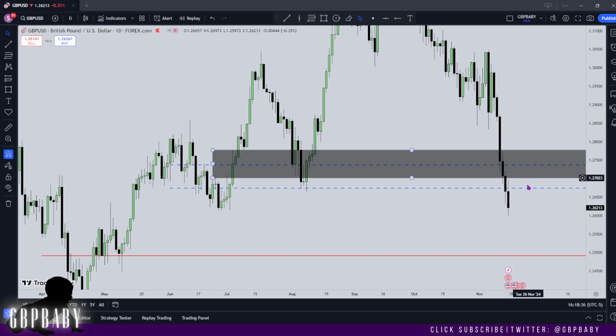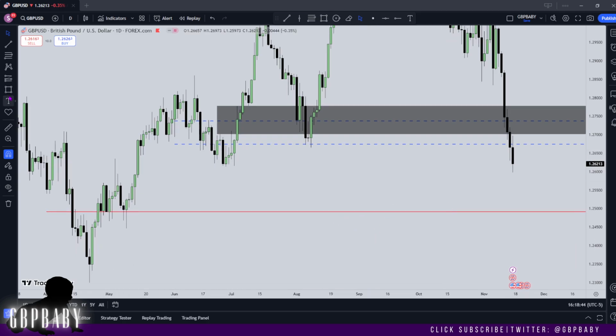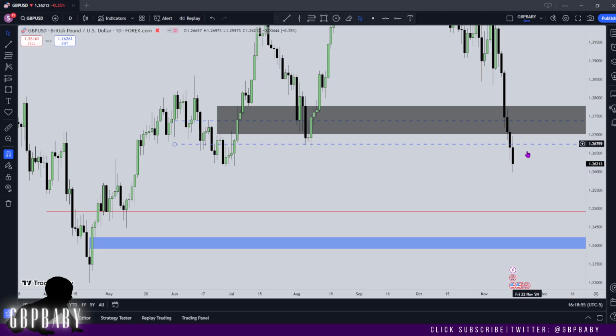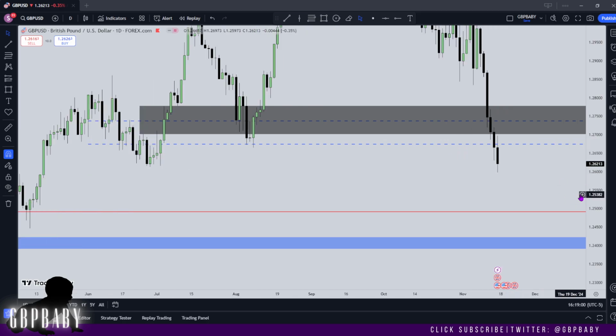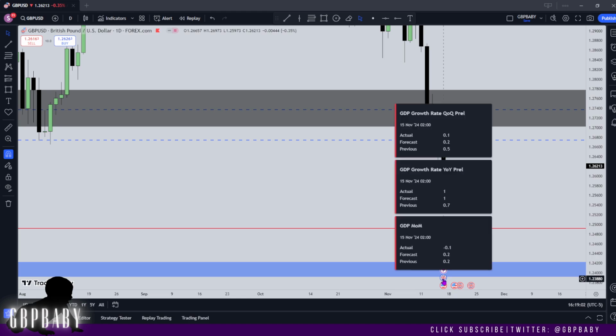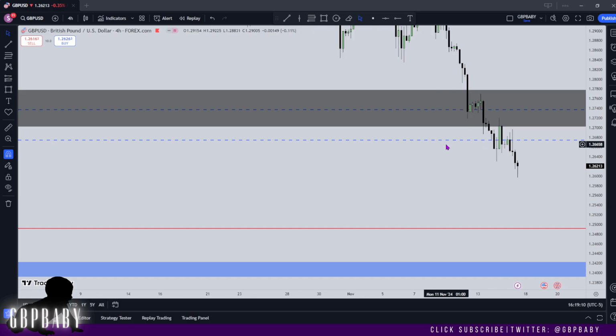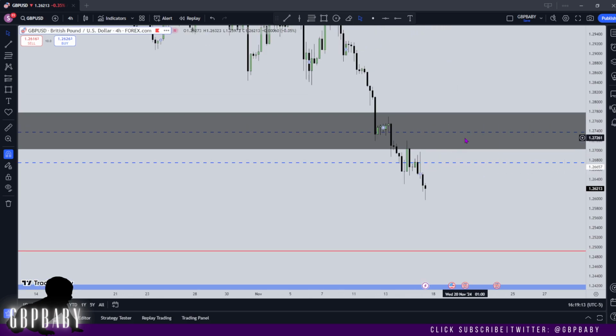Again, I'm watching these levels particularly to help provide resistance, and I do want to see continued push towards that downside and rejection block level where there's a little imbalance as well on a daily. Beautiful little fair value gap right there that price may want to try and trade into. Again, doesn't have to do it this week, but we have a drawn liquidity, and like I said, we might find ourselves in a lot of consolidation before we see significant expansion this week. So do be patient. We do have a lot of high impact news on GBP as well, so we'll probably see some alright movement, but any kind of rallying I'm expecting to be suspect,